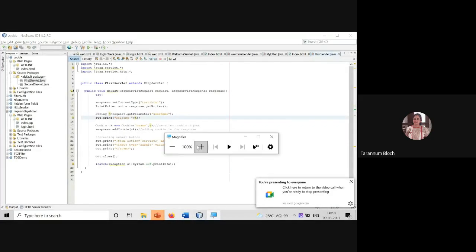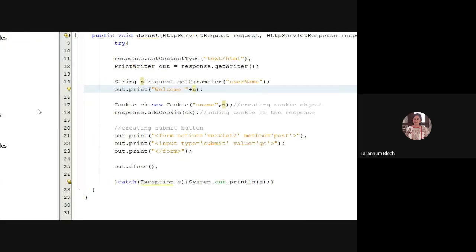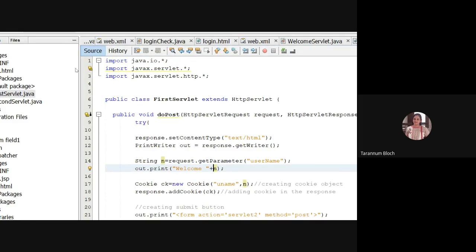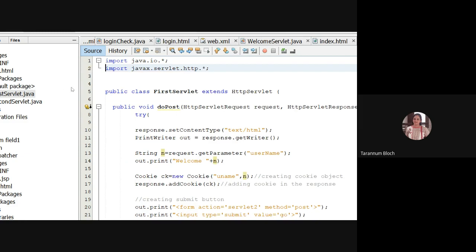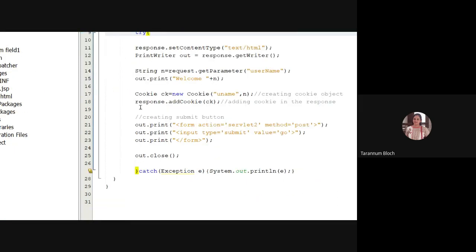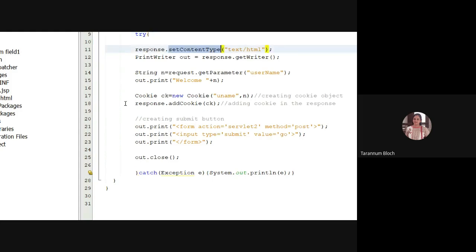So I was talking about Servlet 1, which is named as first servlet, right? Now what we are doing is over here we are overriding the doPost method. Okay. Now we have taken response.setContentType text/html, right?